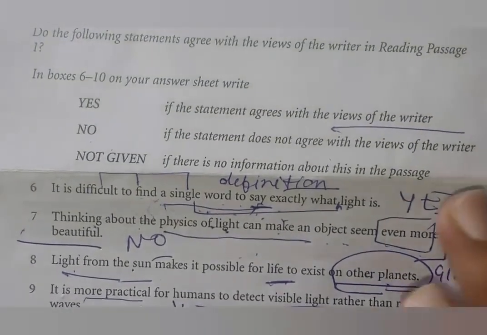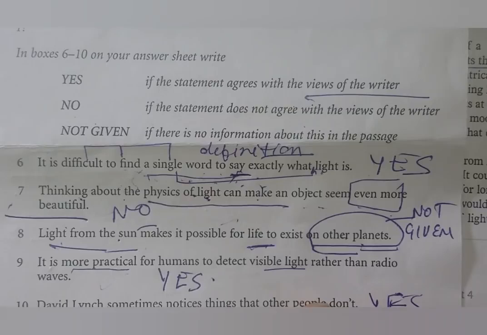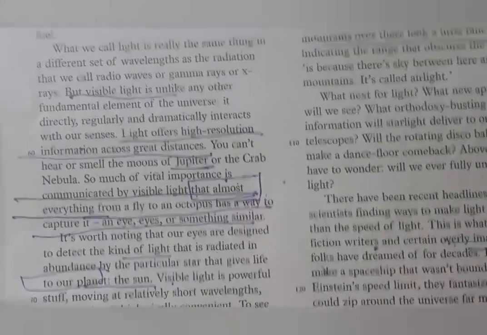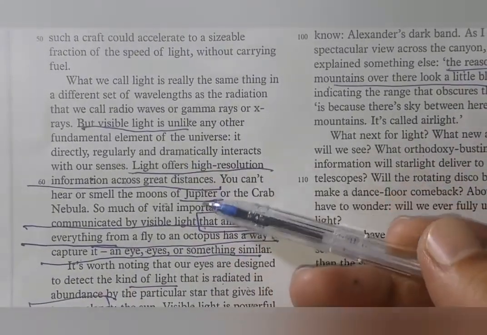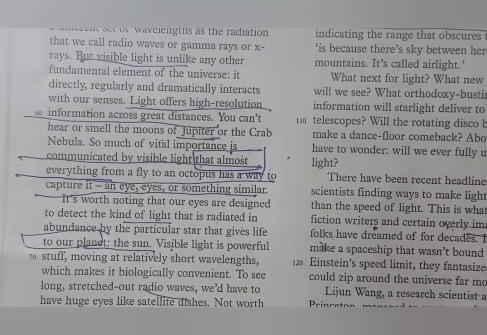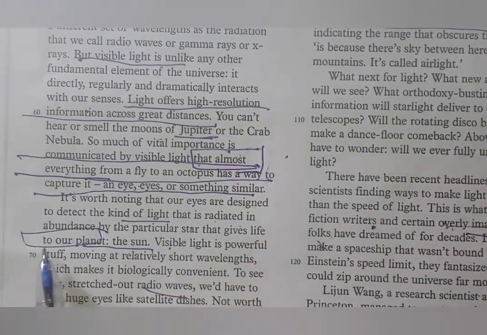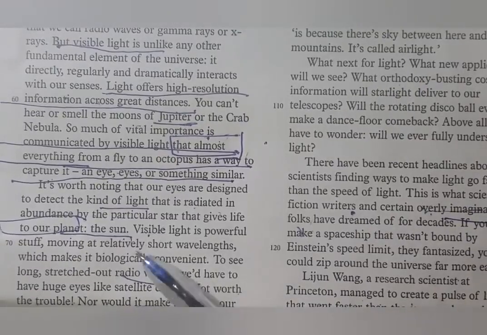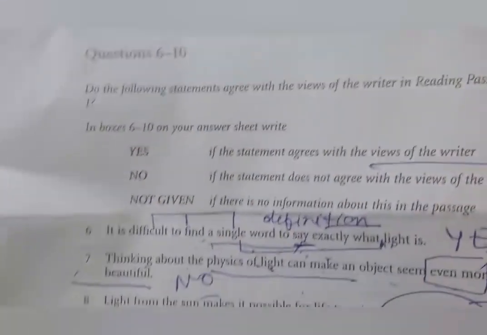यहाँ पे मोर कह रहा है, वहाँ पे वो ऑपोजिट बोल रहा है। फिर कहता है लाइट फ्रॉम द सन मेक्स इट पॉसिबल फॉर लाइफ टू एग्जिस्ट ऑन अदर प्लैनेट, कि अगर सन में लाइट है तो दूसरे प्लैनेट्स को भी आएगी। कहीं भी नहीं लिखा हुआ, माय डियर फेलोज, माय डियर फ्रेंड्स, यू आर वाचिंग यूट्यूब चैनल परविंदर रंधावा गुरु, राइट। कहीं भी नहीं लिखा हुआ, आप देखो यूपिटर के बारे में लिखा है, बट ऐसी कोई बात नहीं लिखी। मैंने लाइन पढ़ी थी इसलिए इंग्लिश में भी, यहाँ मैं फिर पढ़ देता हूँ। सन के बारे में लिखा है, लेकिन कहीं भी ऐसी कोई बात नहीं लिखी। रेडिएटेड इन अबंडेंस बाय पार्टिकल्स दैट गिव्स फुल लाइफ टू अवर प्लैनेट सन। सिर्फ अर्थ की बात करी है, ठीक है।